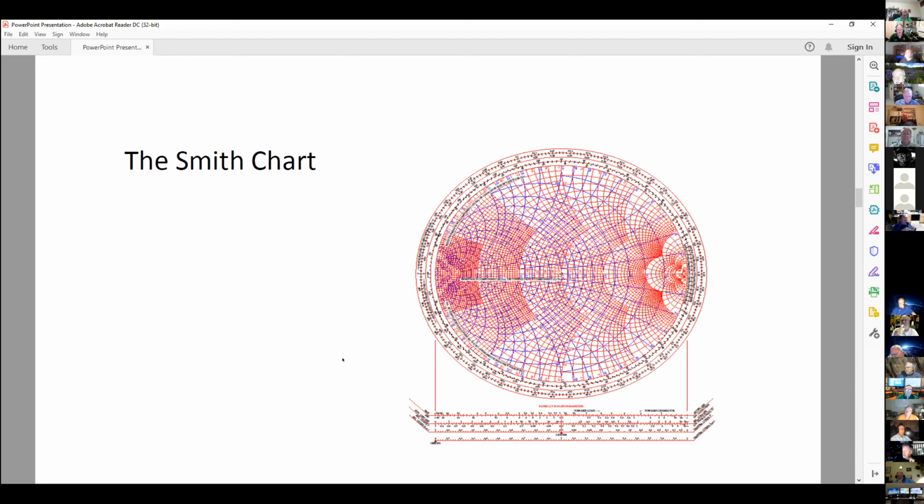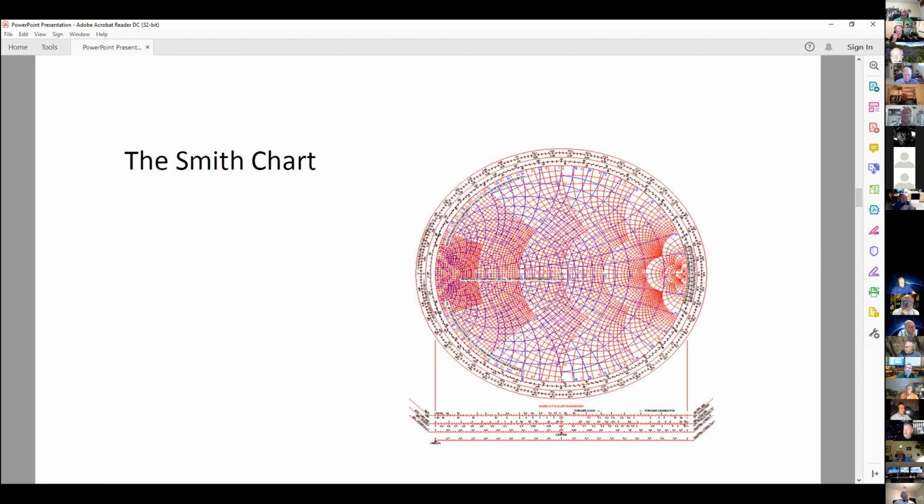So here's the Smith chart. It's got a lot of data on it. Really, it does. Where's my mouse? There's my mouse. It doesn't do very well on the graph. Okay, so this chart,